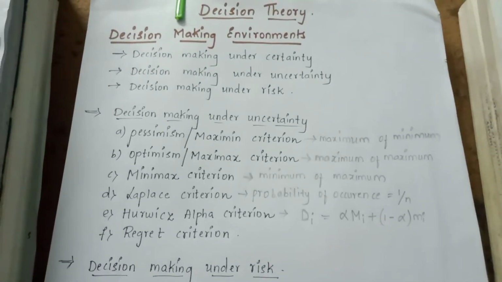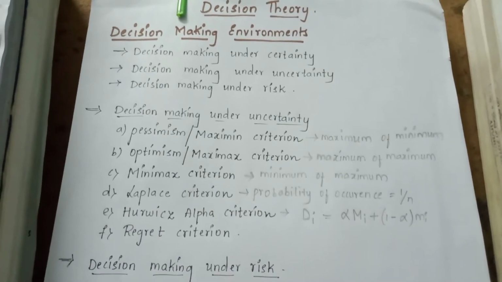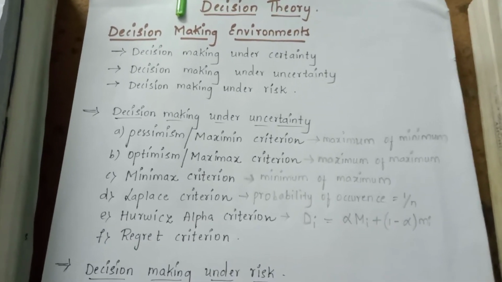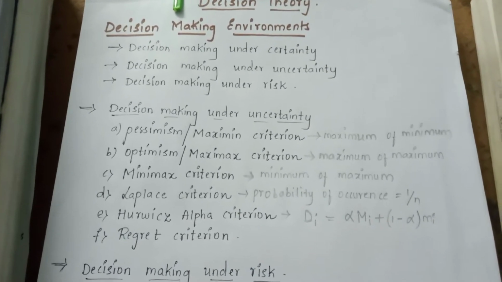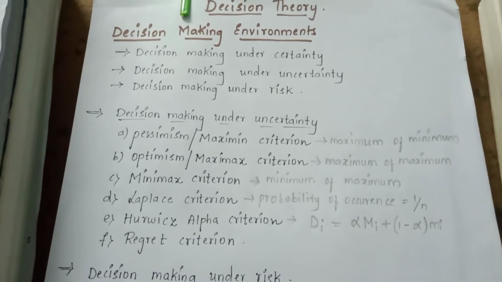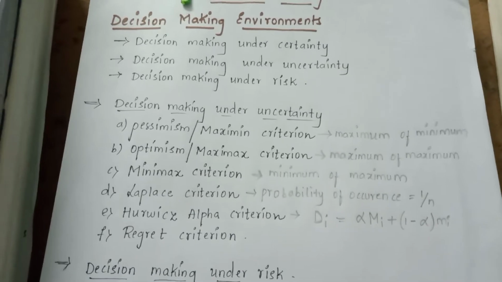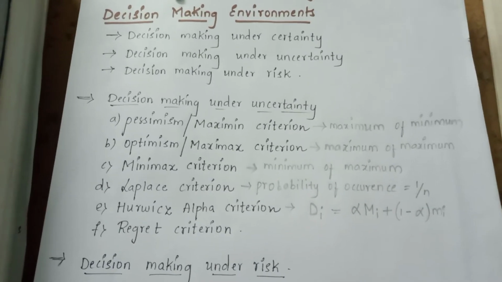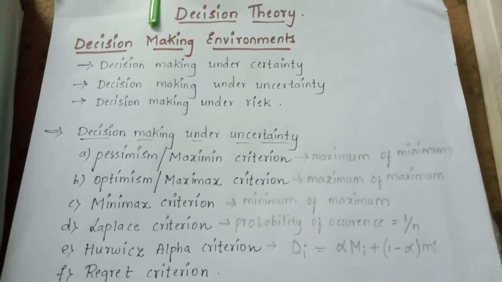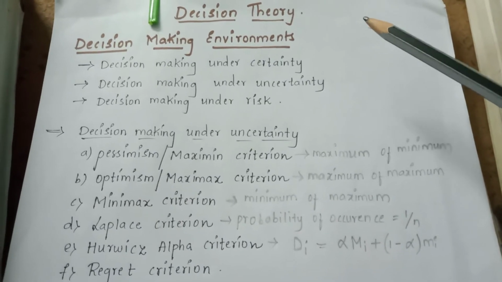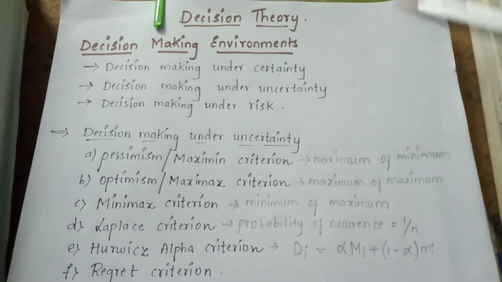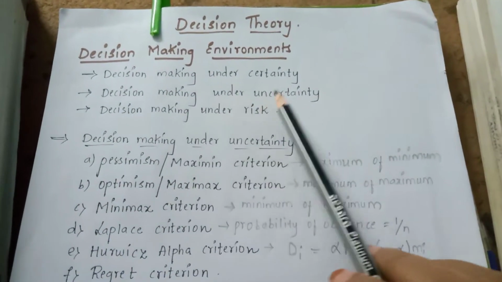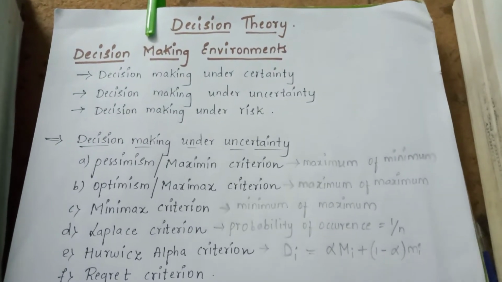The decisions are based on the types of information available to the decision maker. The decision maker is concerned with choosing among the available alternative courses of action that will lead to the best result, right? So he has to deal with various situations where uncertainty of the outcome may prevail. The decision making situations, that is decision making environments, can be discussed under the following heads. The first situation is decision making under certainty, next decision making under uncertainty, and decision making under risk.